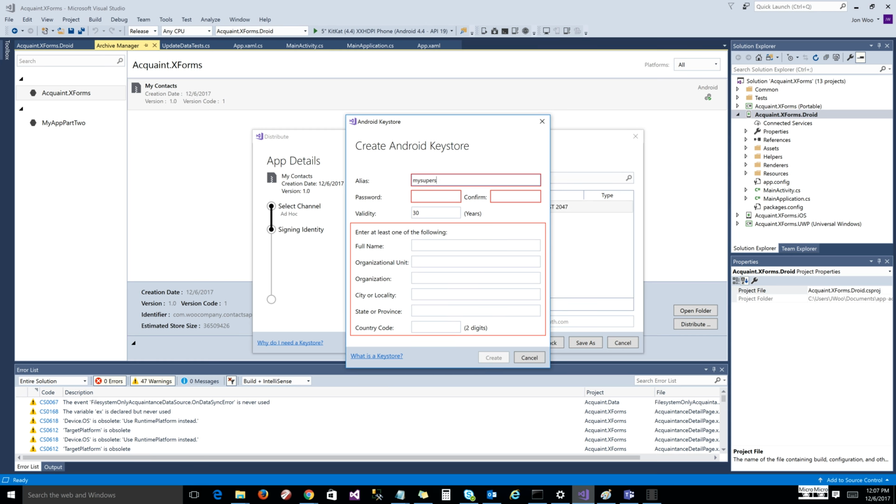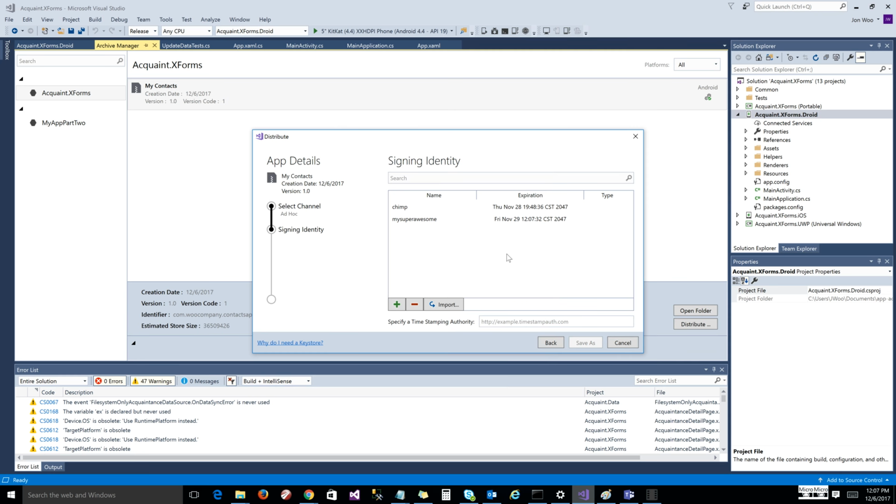And I don't know what the relevance of any of the names are, but I don't think it matters. You just put this information, and then it just creates the key for you. And you can just say, I will use that. Make sure you remember the password you put in. Say, I'm going to use that